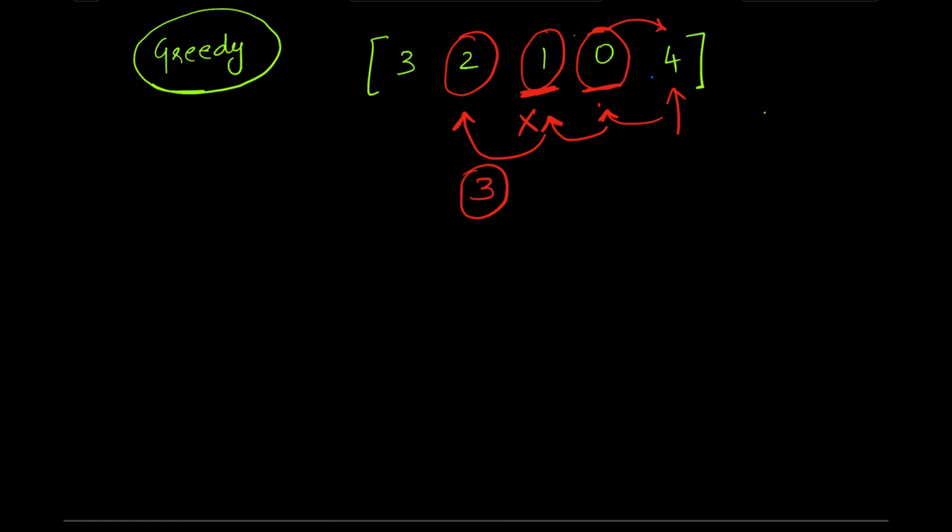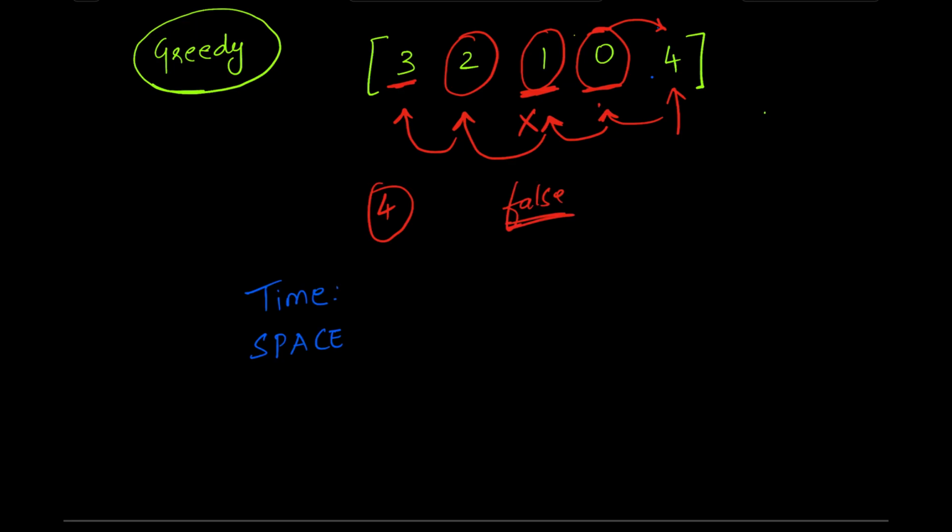Next number is 2 and the required distance is 3. As 2 is less than 3, we cannot make the jump from here, so we'll repeat and move on to the leftmost number, which is 3. As the value is less than the required spaces we need to jump, we can't reach the target, hence the output is false. With this solution, our time complexity is O of n, as we are only running one iteration